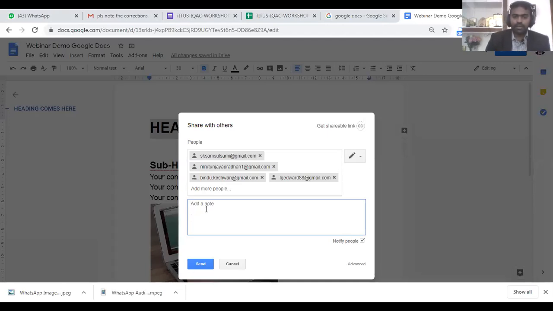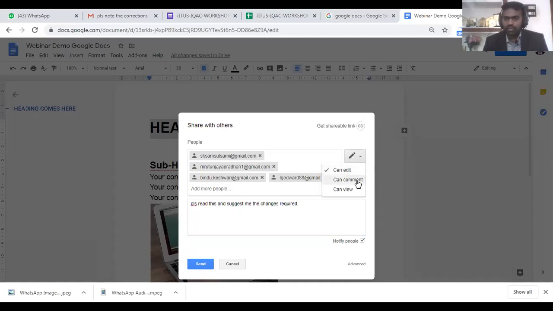Okay, here I can type the note which I need to convey. So like, please read this and suggest me the changes required. Okay, like I need them to suggest me the changes required. They don't want to edit because I am sending to multiple persons simultaneously. So if they all are making changes on it, it may be difficult to proceed. So I have the options to limit the things.